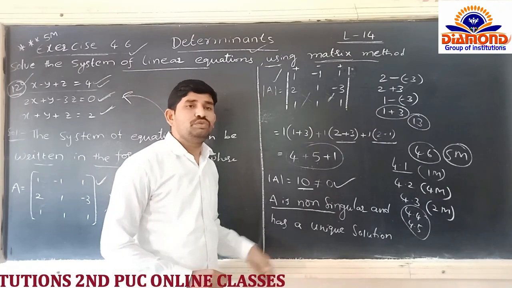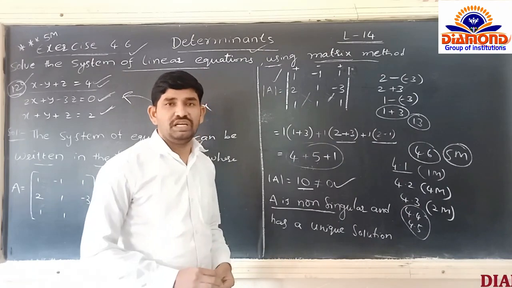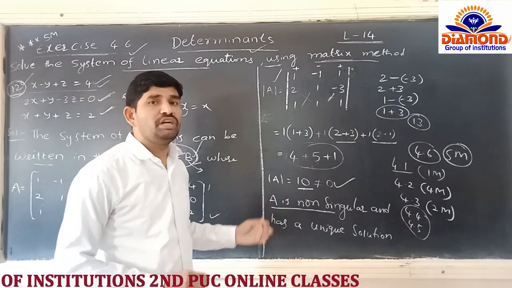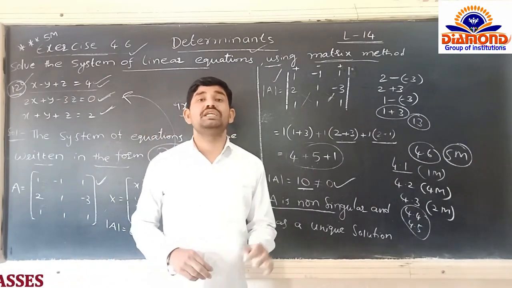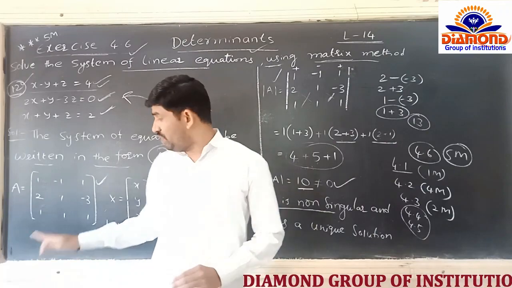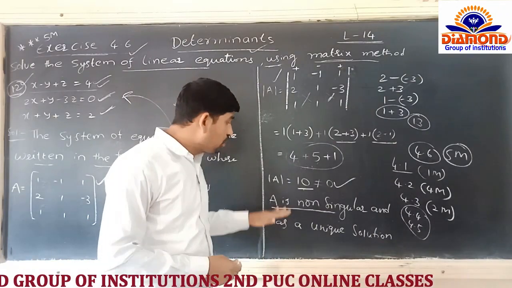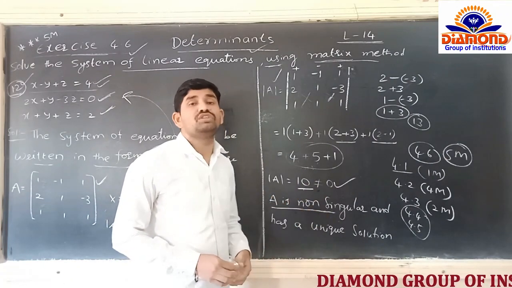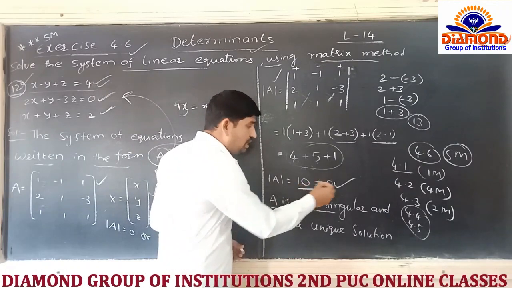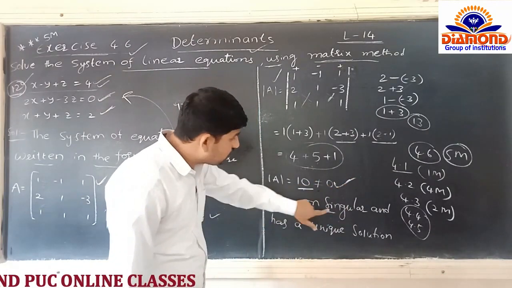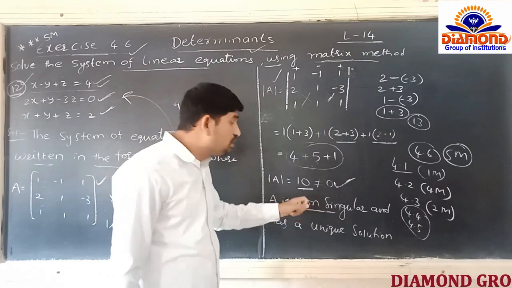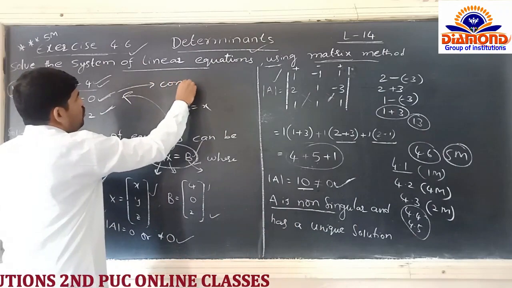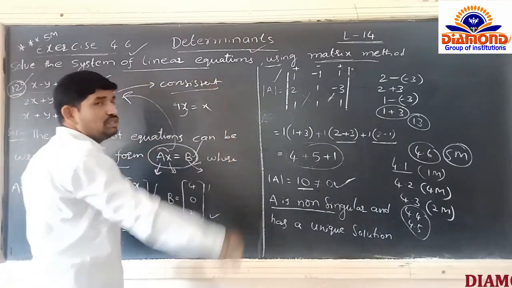Yes. Suppose we are taking one of the matrix by doing the determinant for that. In case we got the determinant of A is equal to 0. Yes. Determinant of A we got equal to 0. We can say that matrix is a singular matrix. Yes. If we are getting the determinant of A is not equal to 0 means we can say that matrix is said to be what? Non-singular matrix. If the determinant of A is not equal to 0 means we can say A is a non-singular matrix. And one more thing, the system is which kind of system? That is a consistent system of equations. Yes, which kind of? That is consistent system of equations are there.